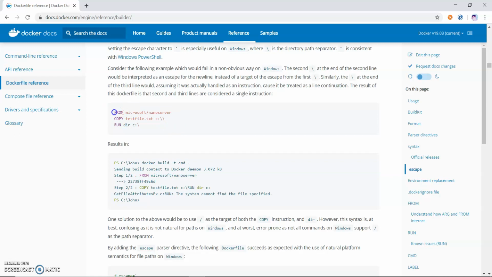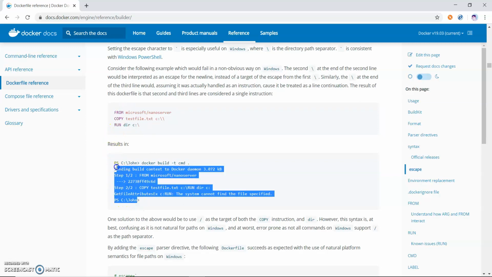So this is a format. They are saying to pull this image, copy this text file into this directory, and run dir. So these are the Dockerfile commands, and when we run them, we can see this output.